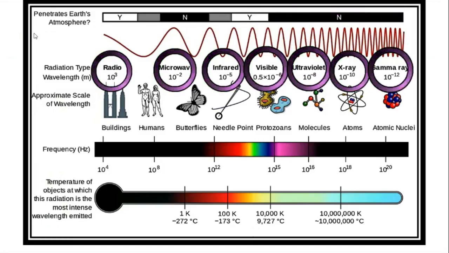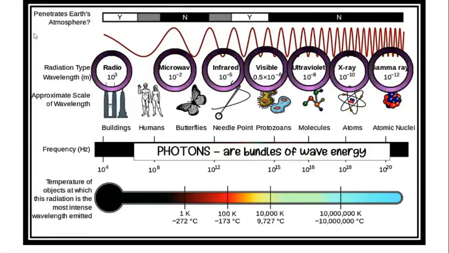These waves do not have exact dividing regions. The different waves are defined by the amount of energy carried or possessed by the photons. Photons are bundles of wave energy. Among the EM waves, the gamma rays have photons of high energies, while the radio waves have photons with the